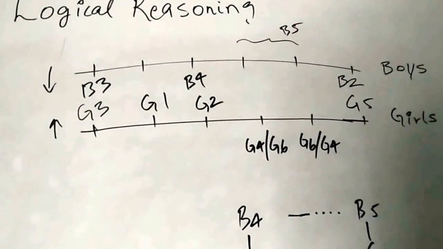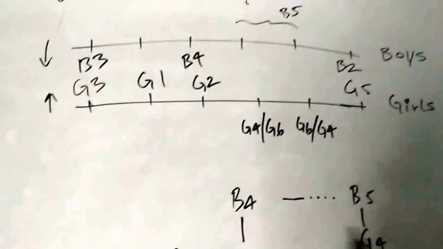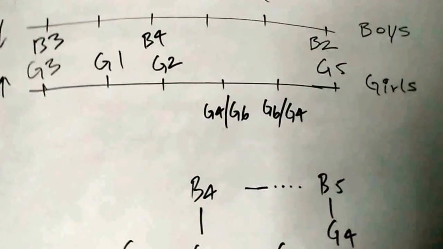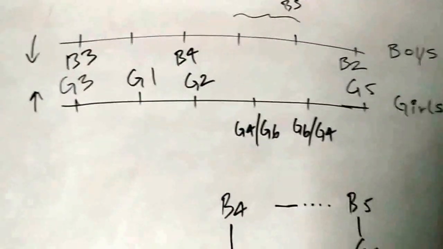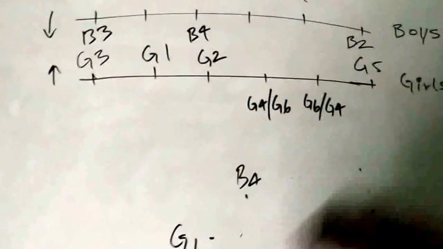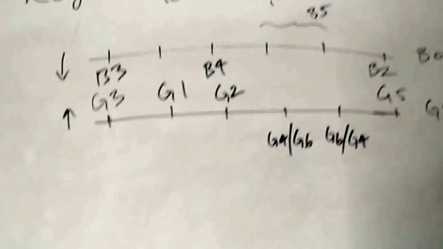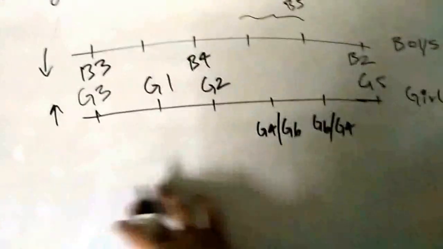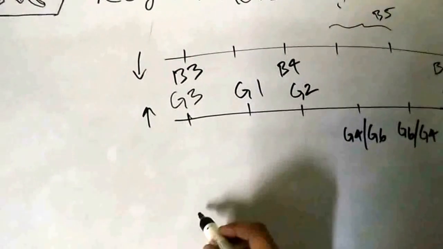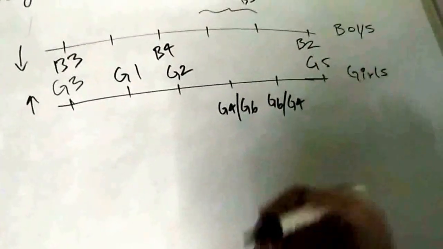Alright, so we are still unsure about the rest of the things, right? We have used up all the clues and everything. Now there's one major thing that I need to share with you guys: whenever you see there are only 2 cases for something, you should draw another diagram with the same things and just assign one set of values in one case and the other values to the other case.